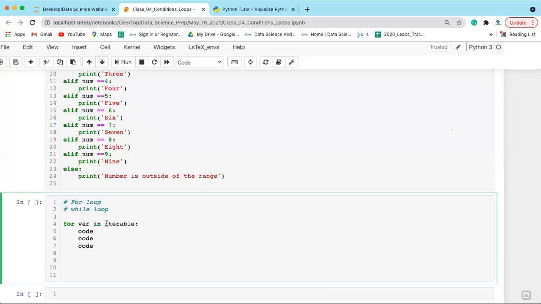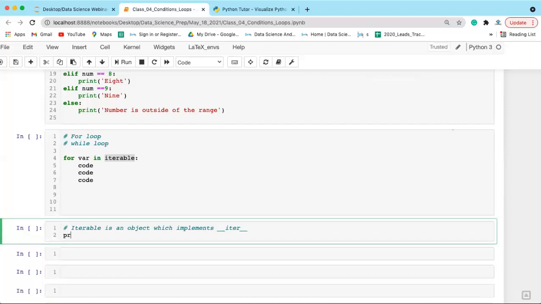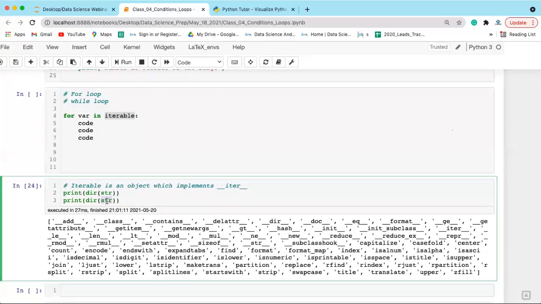Now whatever is the length of the iterable, let's say the length of the iterable. What is an iterable? An iterable is an object which implements the iter function. So how can you find out? For example, if you write dir of str, you will see that it has a built-in function called iter. So string is an iterable object. Now let's say if you write list,